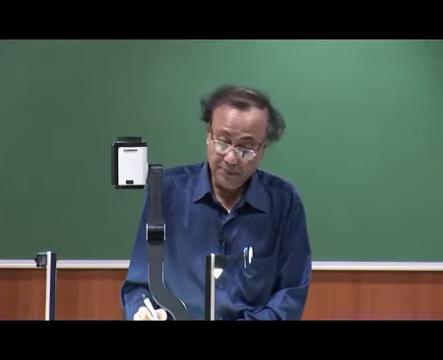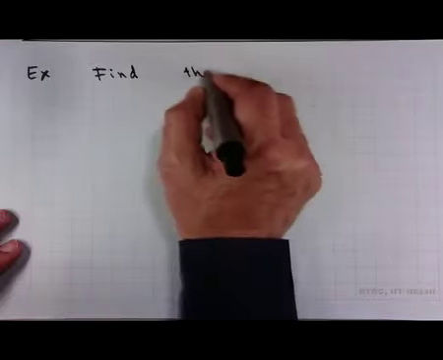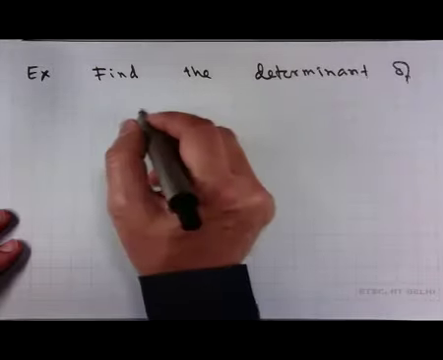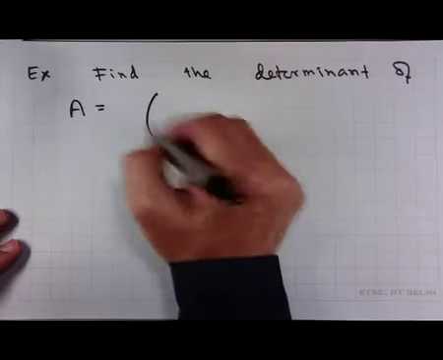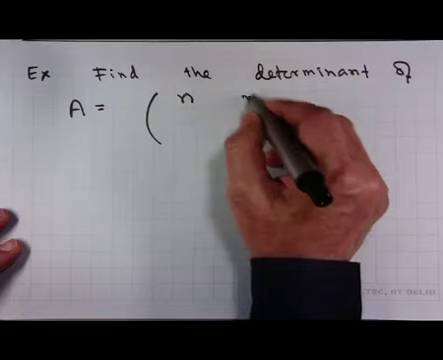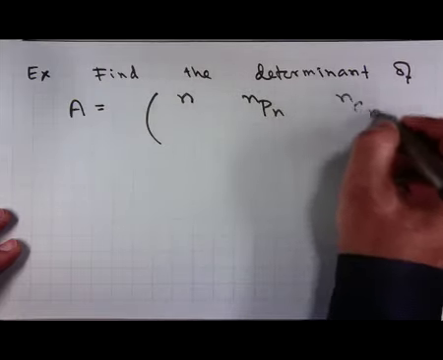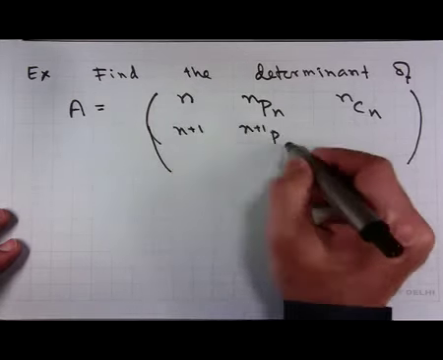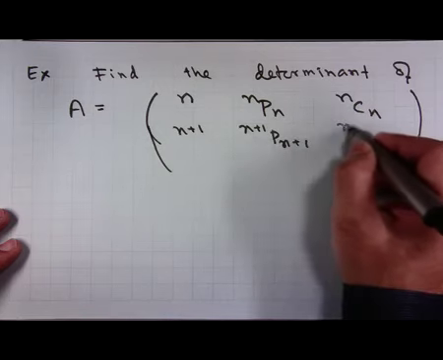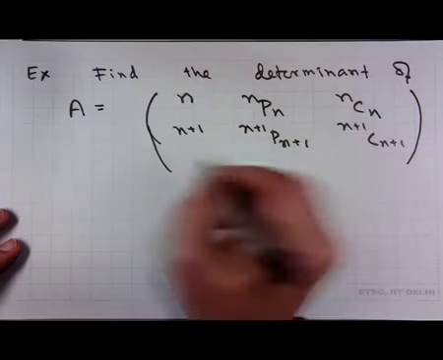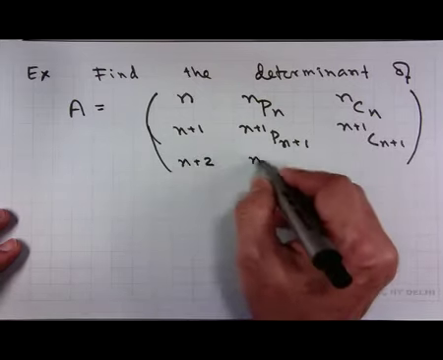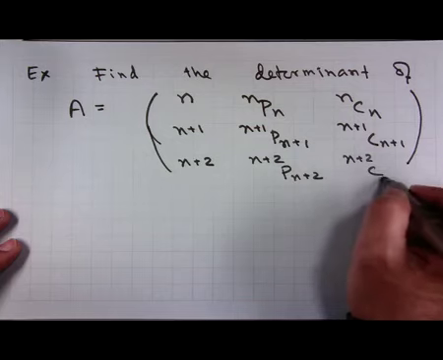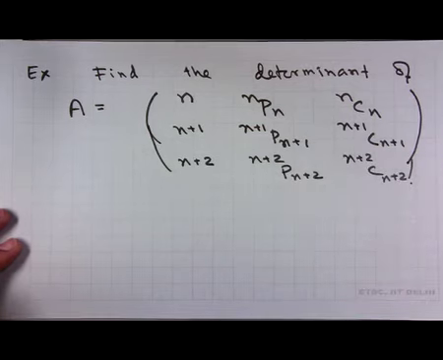Now, let me do an interesting problem. Find the determinant of A is equal to the matrix with rows: n, nPn, nCn; n+1, (n+1)P(n+1), (n+1)C(n+1); and n+2, (n+2)P(n+2), (n+2)C(n+2). Looks formidable,